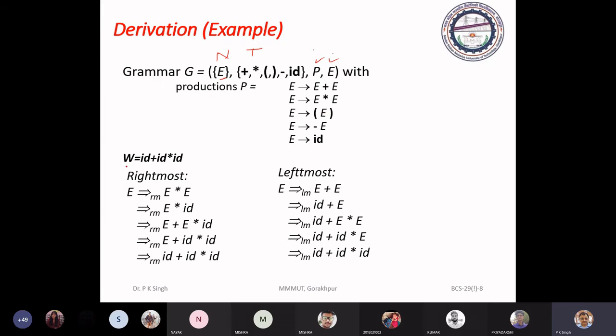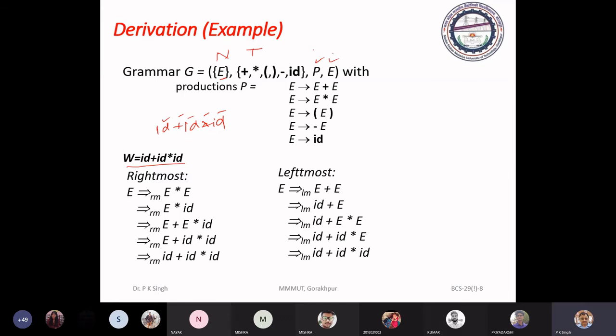Now we have a string, this string is ID plus ID into ID. In this string, you may see we have the tokens ID plus ID asterisk ID, total 5 tokens.